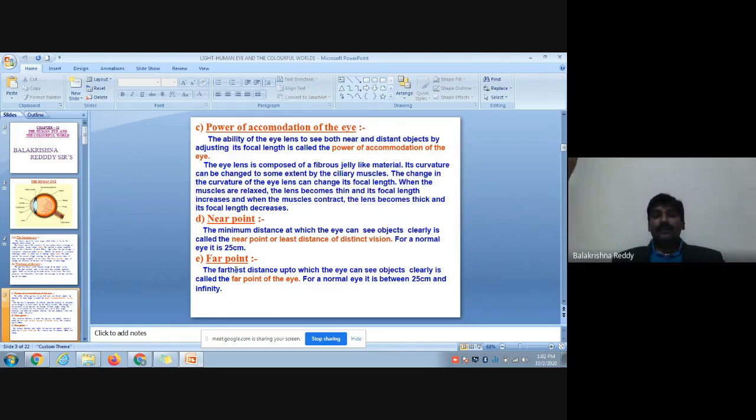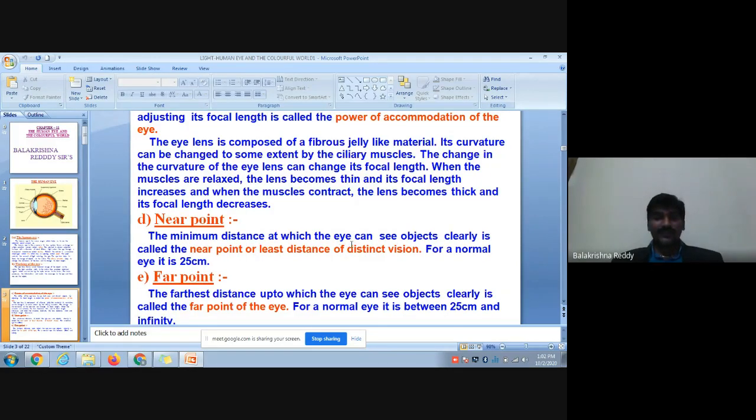Near point and far point. What is a near point? The near point is the nearest distance at which the human eye is able to see, and that is called the near point. Right now I'm explaining and you're seeing the screen, you're seeing this video, you're trying to understand, and you're following that PPT also. While you're following this PPT, you're seeing every line and following every explanation.